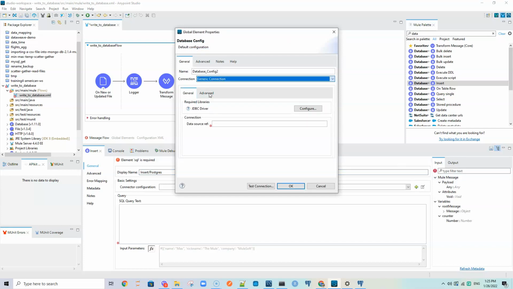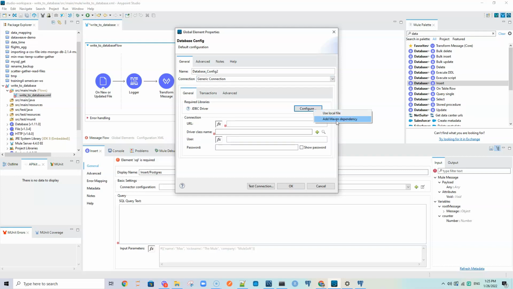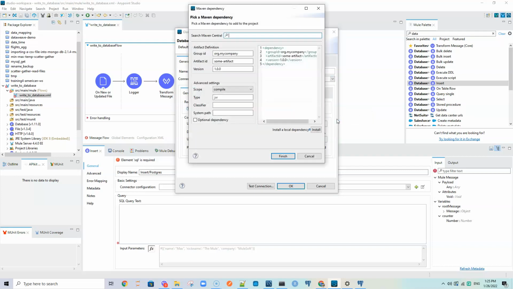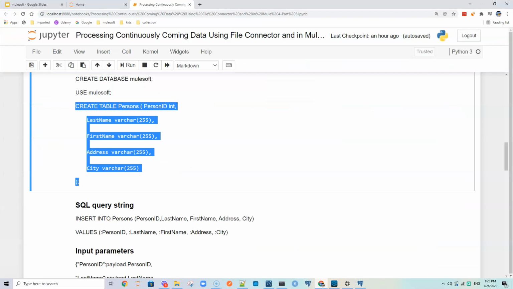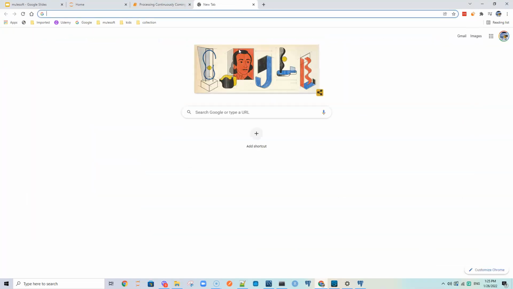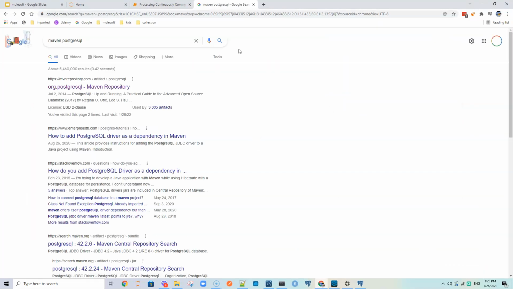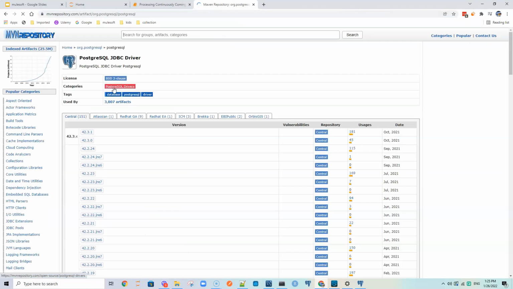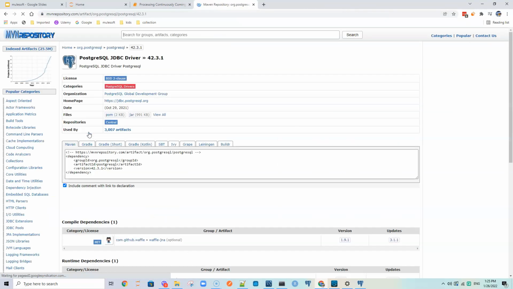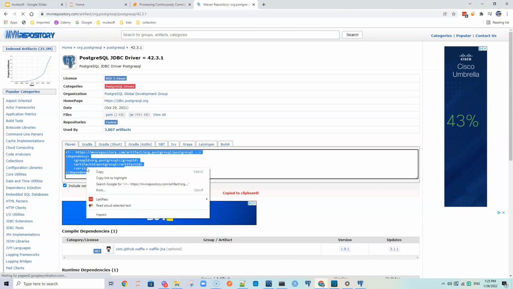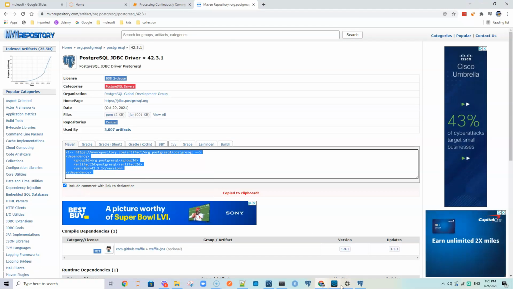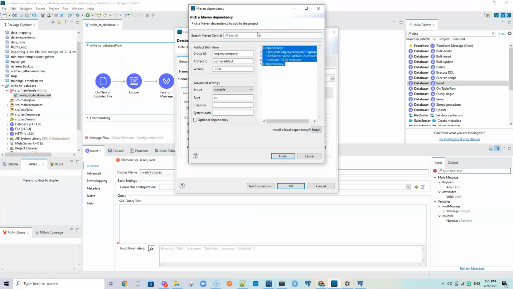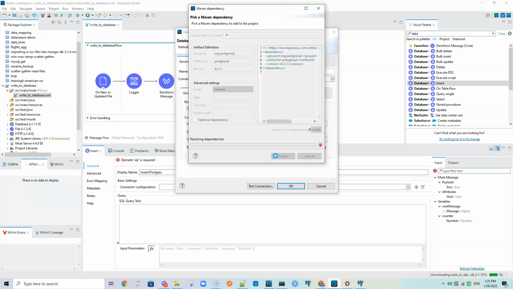We make a generic connection, and in the configuration we have to add a Maven dependency, which we can get online. Search for Maven dependency Postgres, you go here, and I will take this one, copy it from here and replace this, finish,